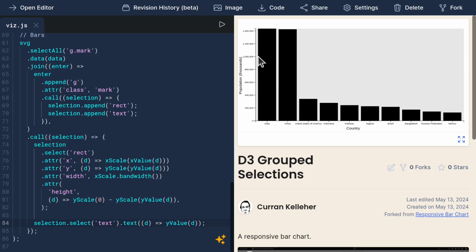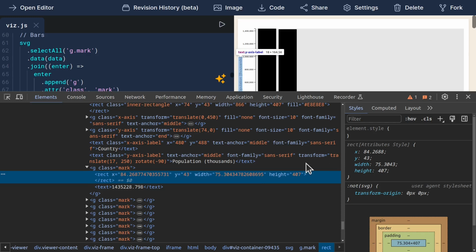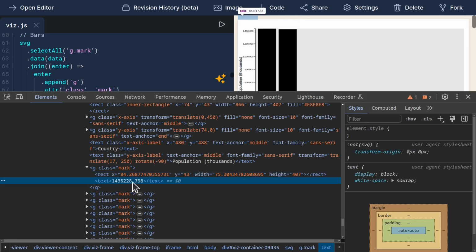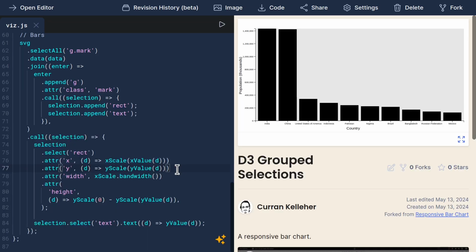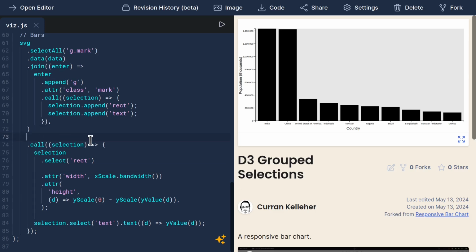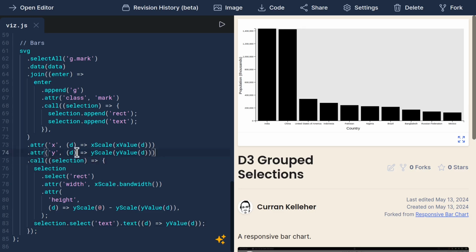I don't see anything showing up here. Let's inspect the DOM. The text elements are there, but they're not at the right spot. Ah, yes, because we kept the X and Y definition on the rectangle. Let's elevate that out to the level of the group element using transform translate, so that the text will move around. So instead of X and Y going here, we can set those on the group element, but this won't work as is